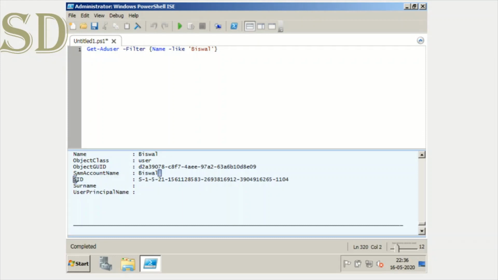In most cases you will need this SAM account name to add groups, to add computers, to modify anything. If you want to use a filter, you can, but if you don't want to use a filter, you can directly add this user to any group, or make any changes with this SAM account name. So do remember the spelling and the keyword. SAM account name is the keyword over here.